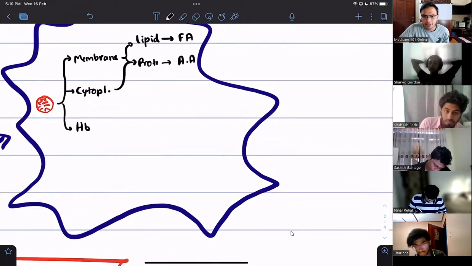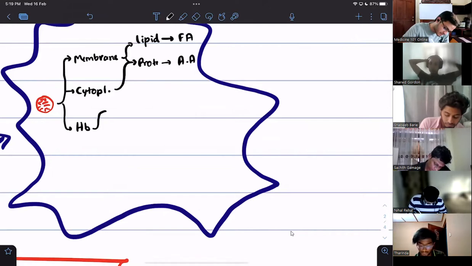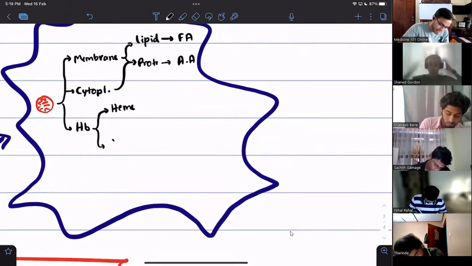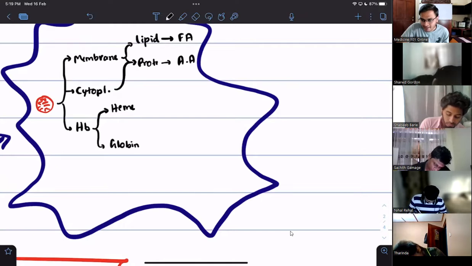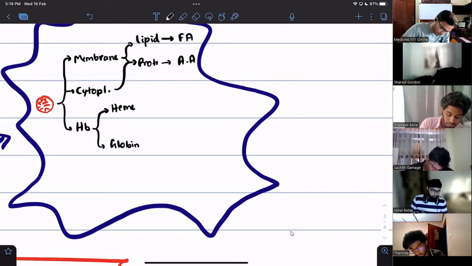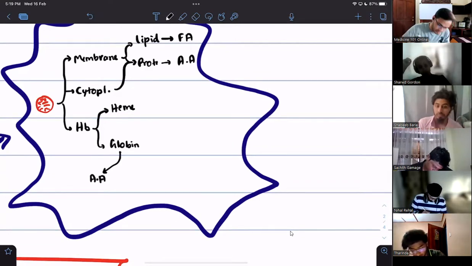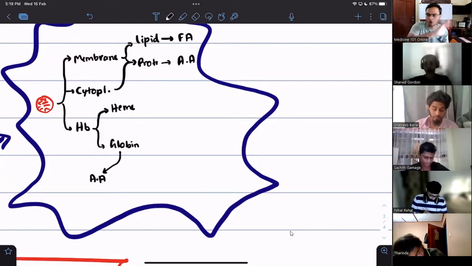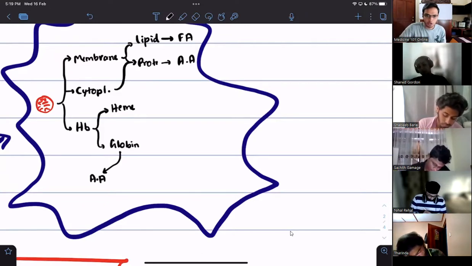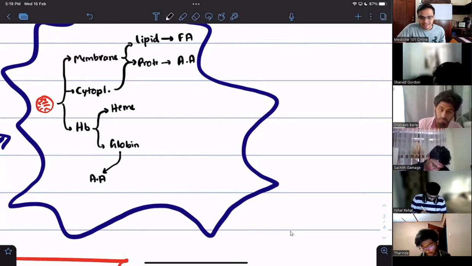Hemoglobin, what is happening to this hemoglobin during the breakdown? Look at this, guys. Mainly it breaks down into two parts, the heme part and the globin part. The globin means what, guys? These are protein chains. Tomorrow we will discuss the structure of those more. Globin chains will be broken down into amino acids. That also we are not that concerned about today. We are concerned about this heme part.